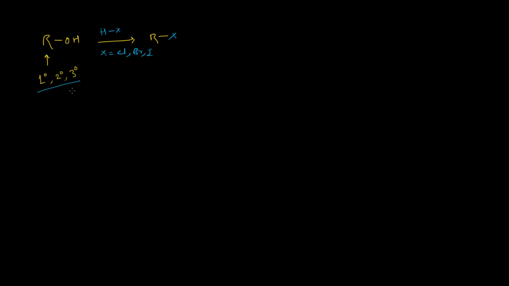So we will consider the cases where a catalyst is required and where a catalyst is not required. Let us first consider the transformation of tertiary alcohols into the corresponding halides. If you consider a simple tertiary alcohol, that is tertiary butanol, and we want to transform it into the corresponding chloride, then we simply treat this with hydrochloric acid in the absence of any catalyst, and it will give our desired tertiary butyl chloride.